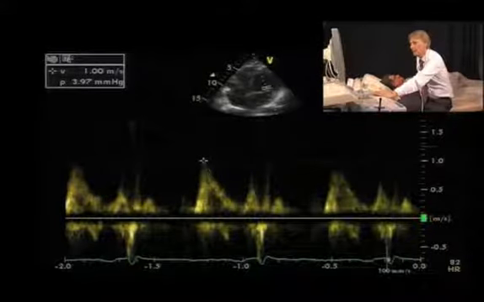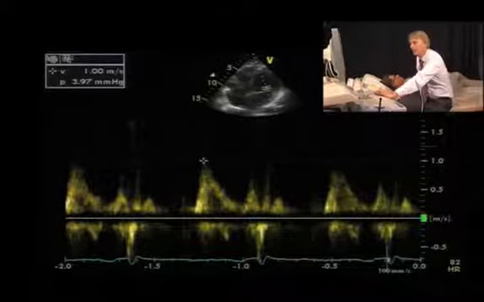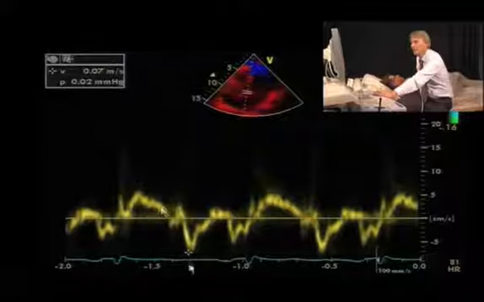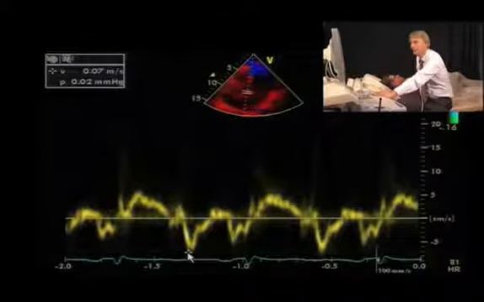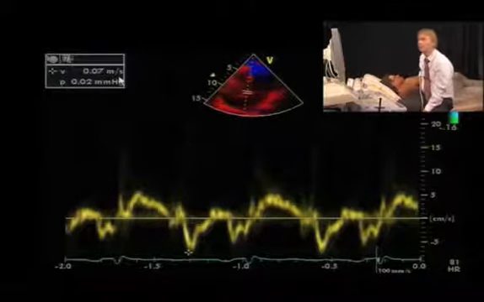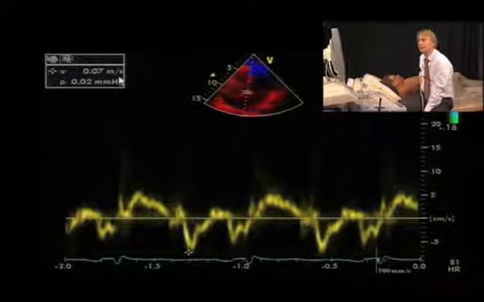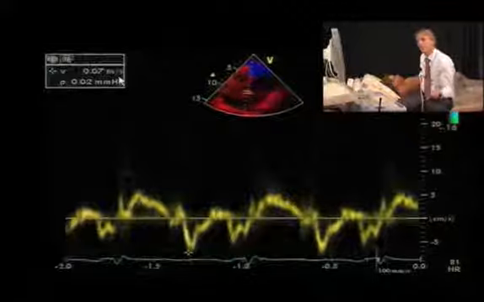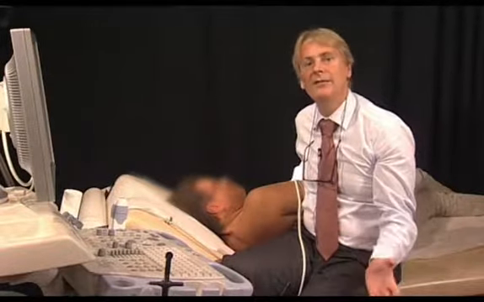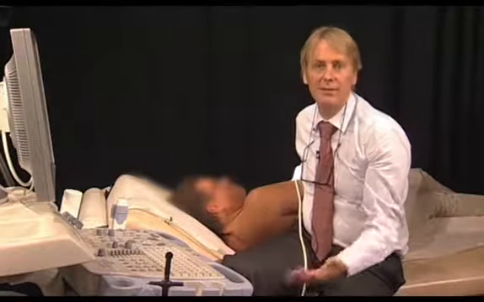To further elucidate that, we will then perform a tissue Doppler spectrum across the mitral annulus and measure the maximal E prime velocity, which is 0.07. And if we look at the ratio, we get a value of 13, which would mean that the patient has elevated left atrial filling pressure. So, in summary, this cannot be normal diastolic function, but it has to be pseudonormal diastolic function with mildly or moderately elevated left atrial filling pressure.